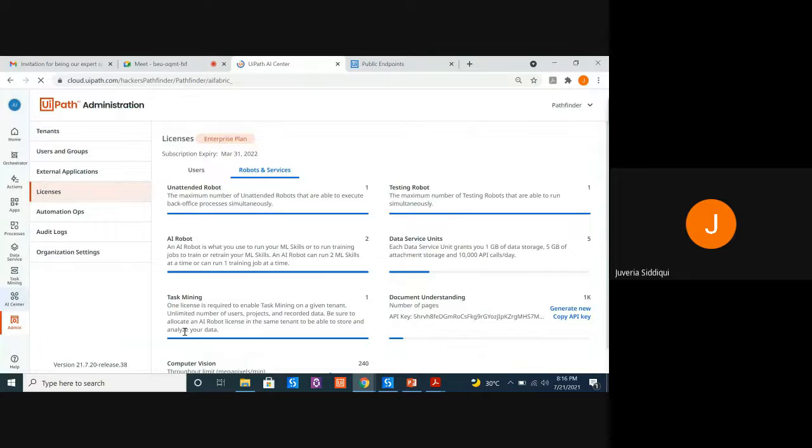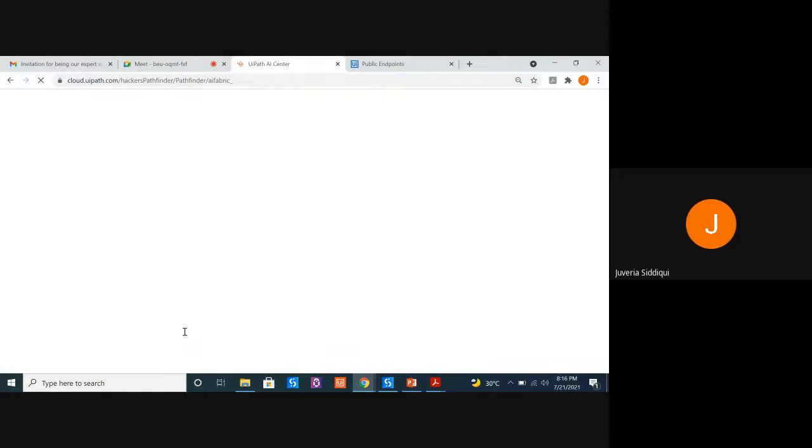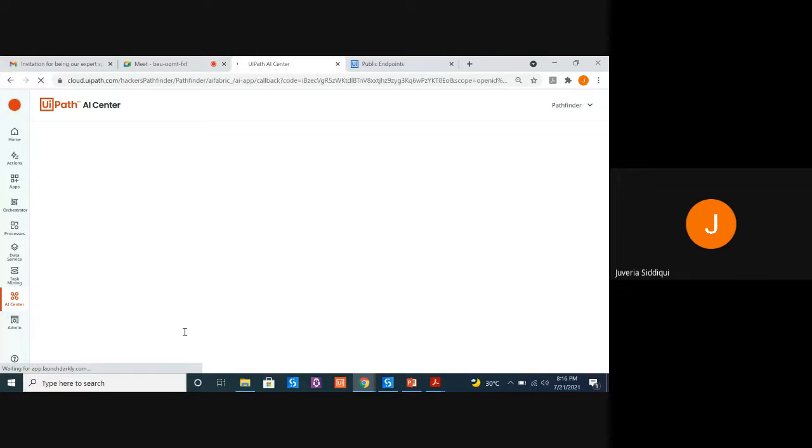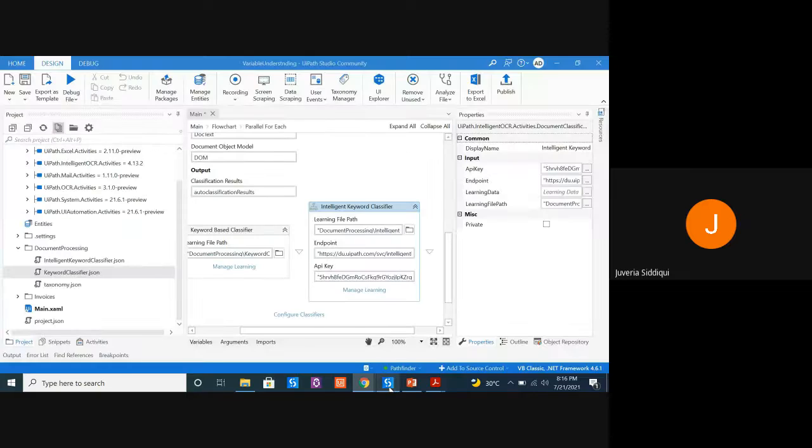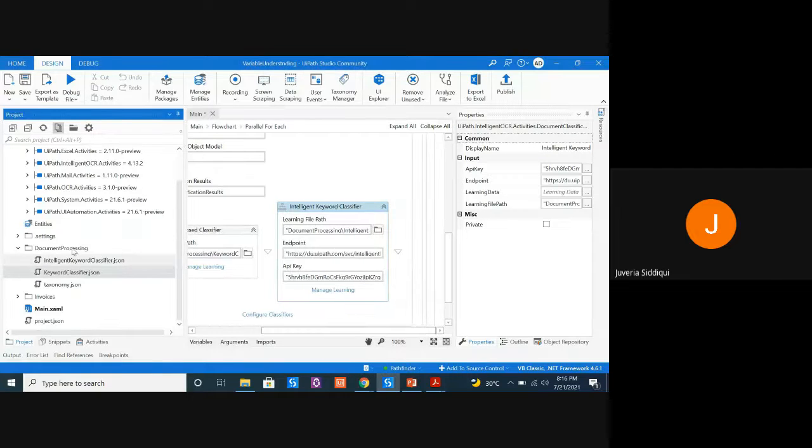All the students who want to learn the AI capabilities might try and get an enterprise trial, and using that enterprise trial, you will be able to use the AI Center. So what you see over here are two packages, two machine learning models that I have already configured for the class. So my machine learning classifier skill is going to be used now. So how do I use it in the workflow? Let's try and do that.